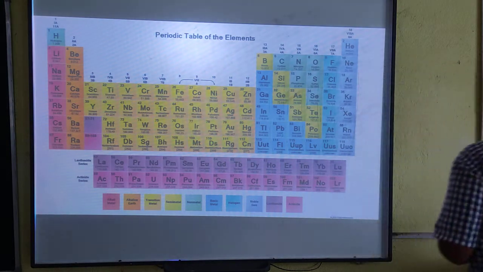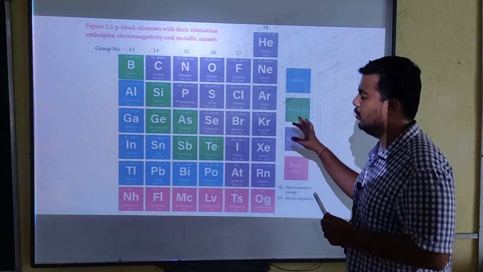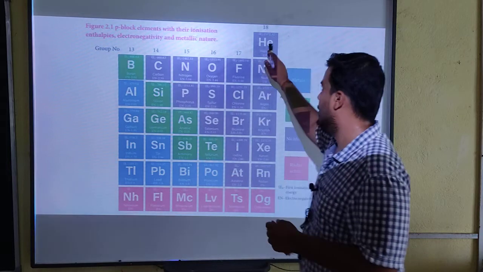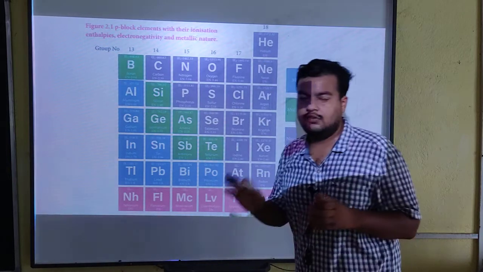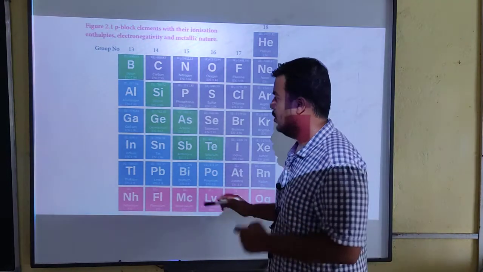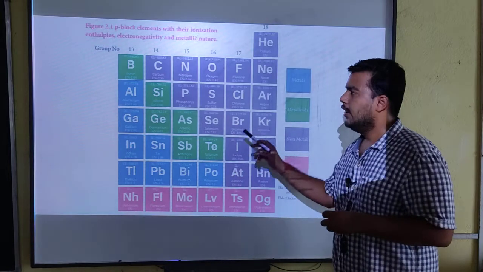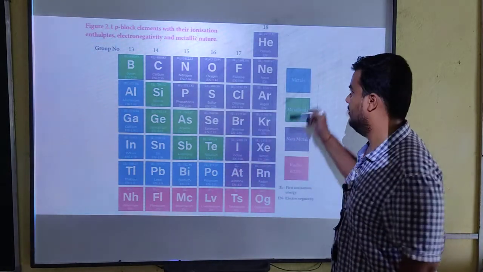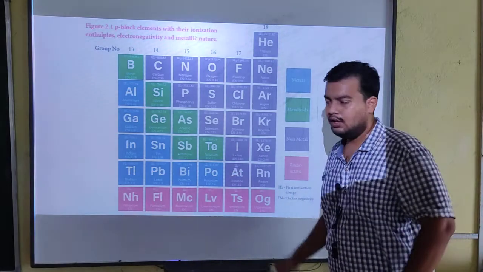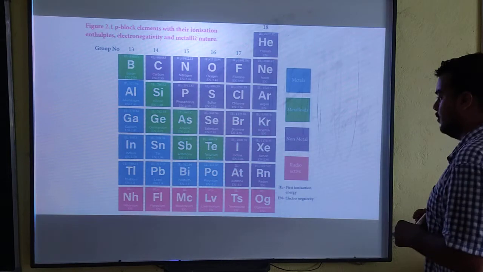So now let's start. This is one more picture of the p block elements. You can see this is ranging from group number 13 to group number 18. There are 6 slots available in the p subshell, so there are 6 possible groups in the p block elements, and there are 7 periods. So there are 7 rows. The columns are groups and the rows are periods. Never get confused with those.